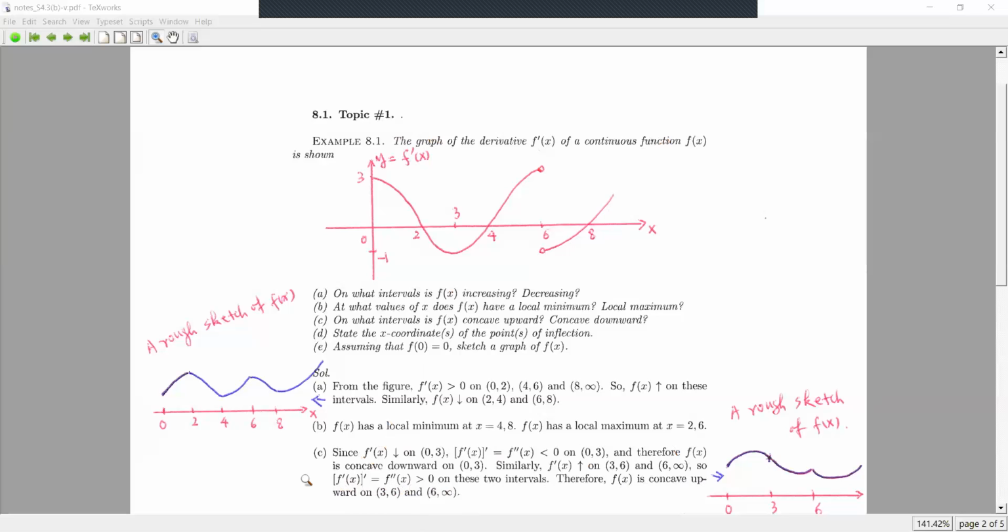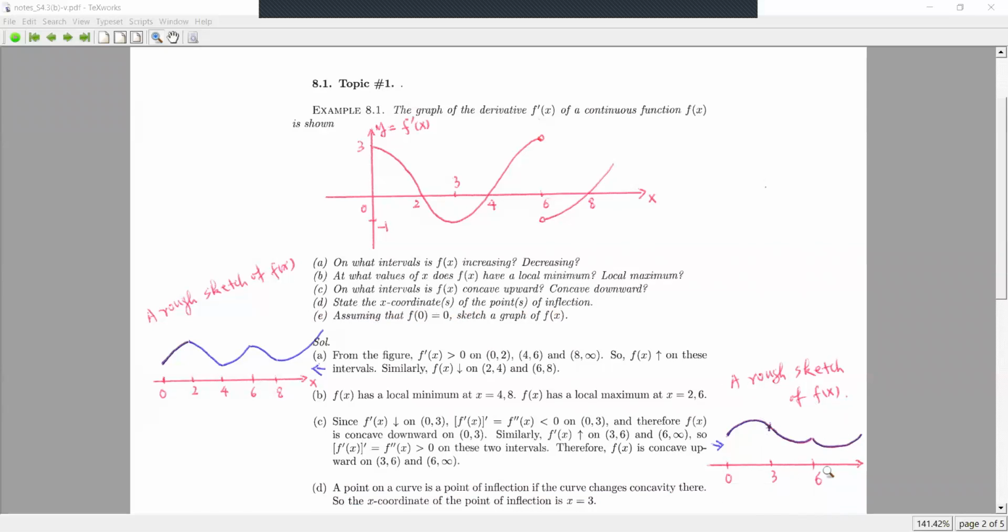This is part C. Part D: state the x-coordinates of the points of inflection. Again, to answer this question, I roughly sketch the graph of f here. From C,